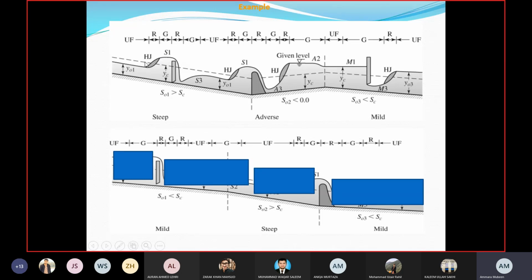Okay, so this is just a sketch. You don't need to quantify that. What is the distance between the hydraulic jump and the control section? You don't need to calculate that distance, but just sketch it. Try to perceive the scenario and sketch the water surface like this. Then again,